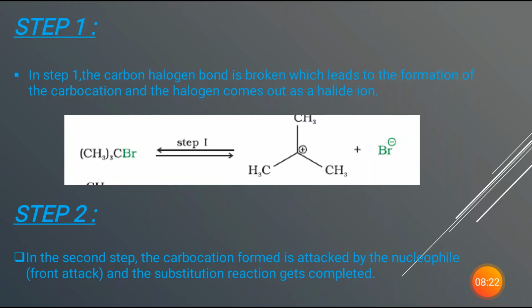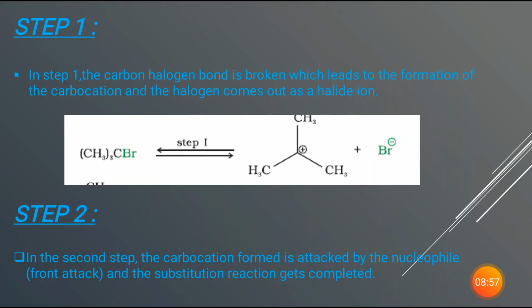The moment it gets any positive or negative charge, it is highly unstable. So the first step is the cleavage of the carbon halogen bond. Whenever the carbon halogen bond cleaves, carbon gets a positive charge. You can see on the product side there is a carbocation formed, a tertiary carbocation. At the central junction, where the positive charge is marked, there is a carbocation with three other carbons attached, so it becomes a tertiary carbocation, and the bromine comes out as Br minus, which we call bromide. I hope this is clear. This is the first step.